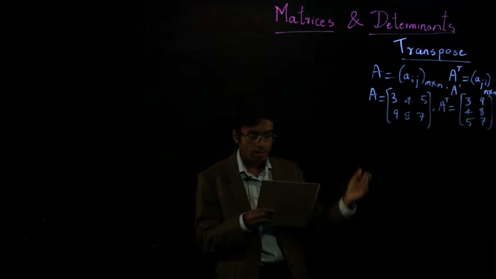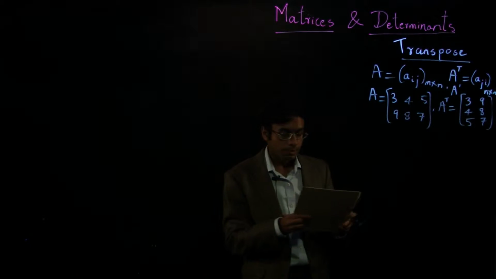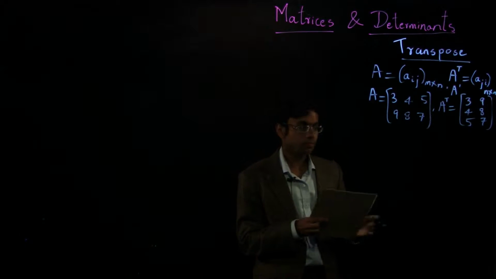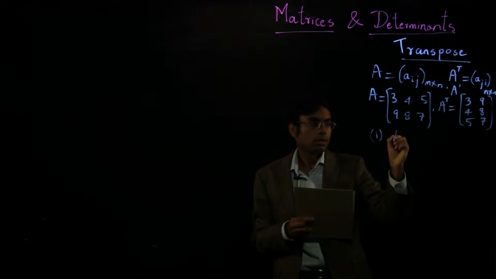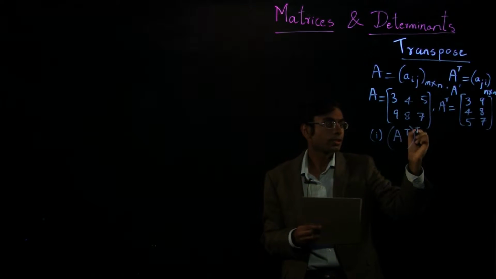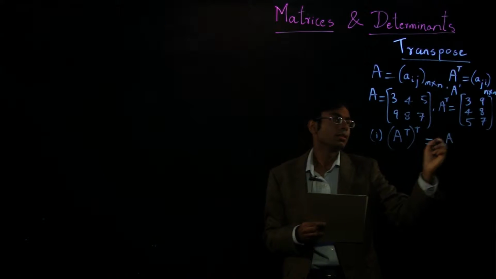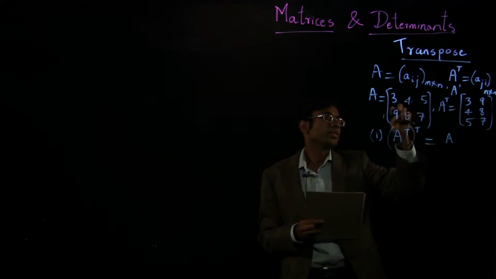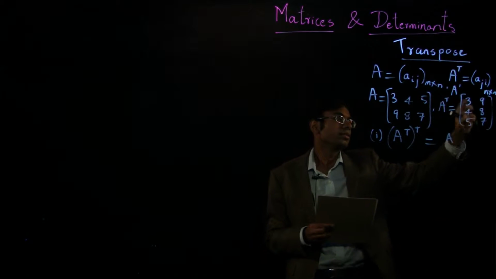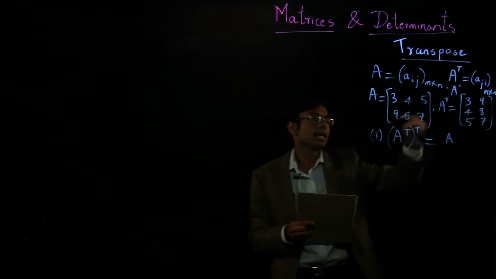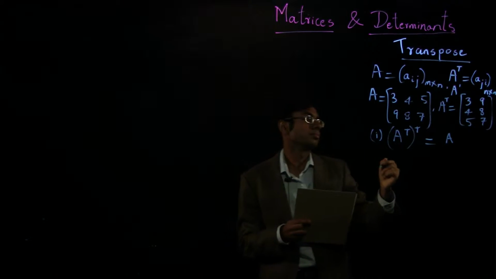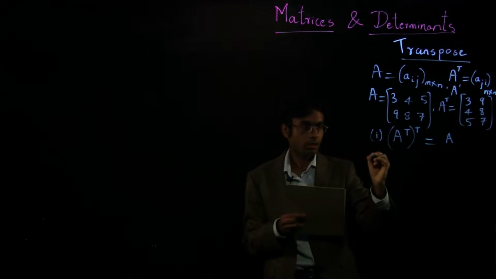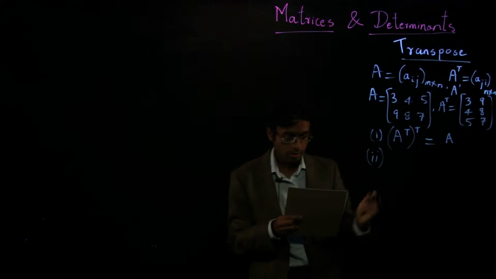Now before we move on, we need to look at some special properties of the transpose operation. So some of the easiest ones. If you take the transpose of a matrix and take its transpose again, you get back the original. So like right here, we flip the rows into the columns. If you do this again, you'll get back the original matrix. The second property,